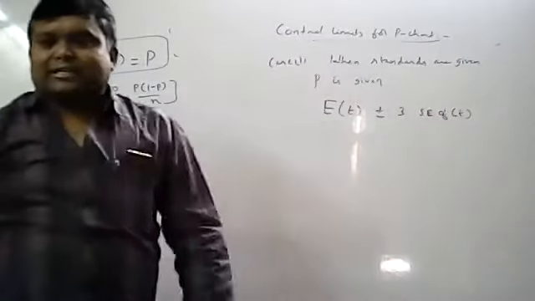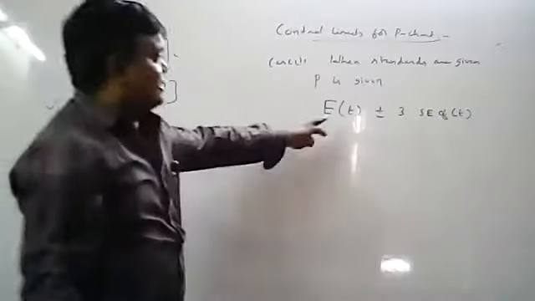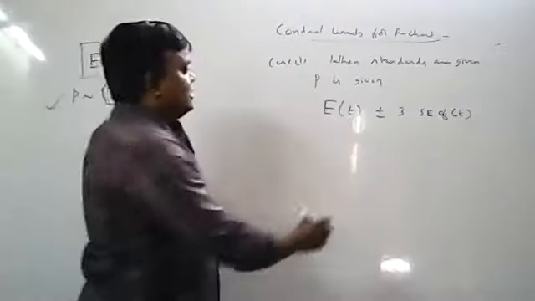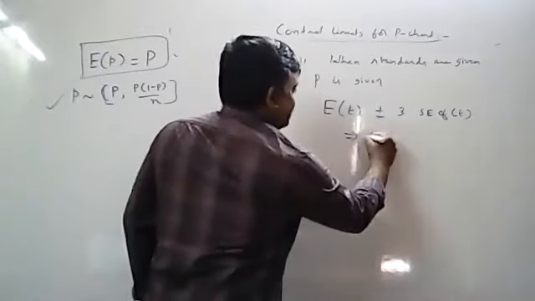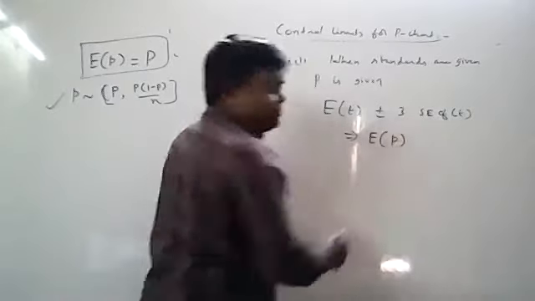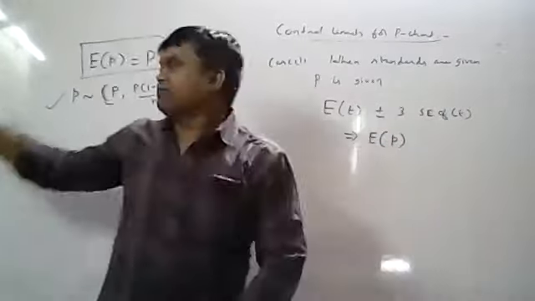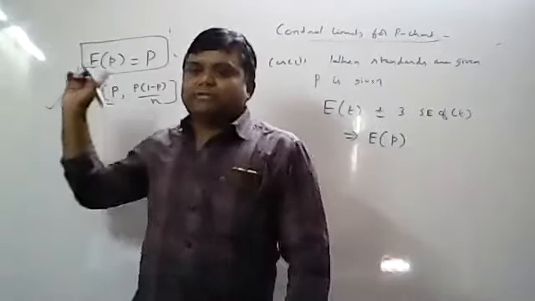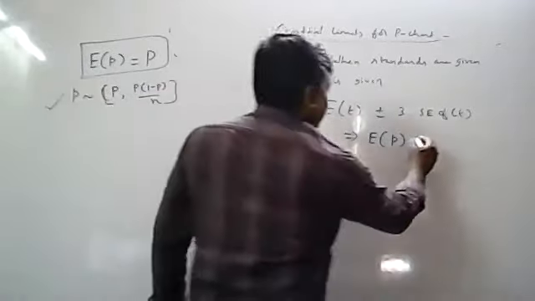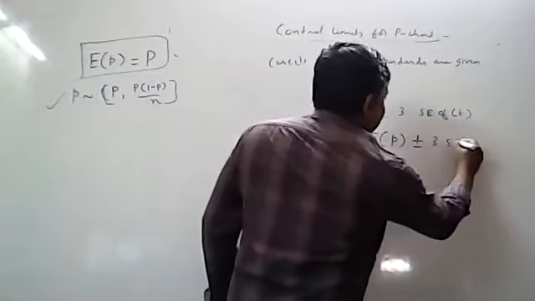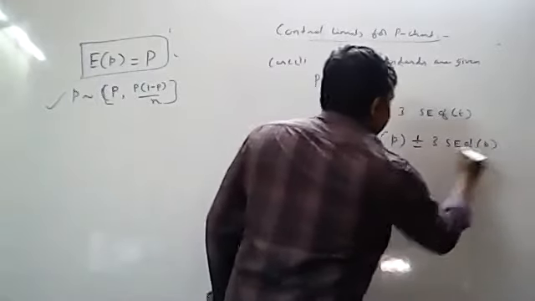Okay. Now which chart are you constructing? You are constructing the P chart. In place of T, what do you have to substitute? P you have to substitute. That means, you will get expectation of small p. For the P chart, I will consider small p, because small p follows, you know, what mean value and what variance value. So expectation of small p plus or minus 3 into standard error of small p.